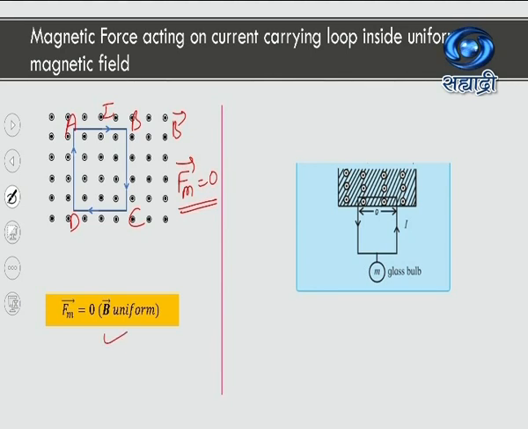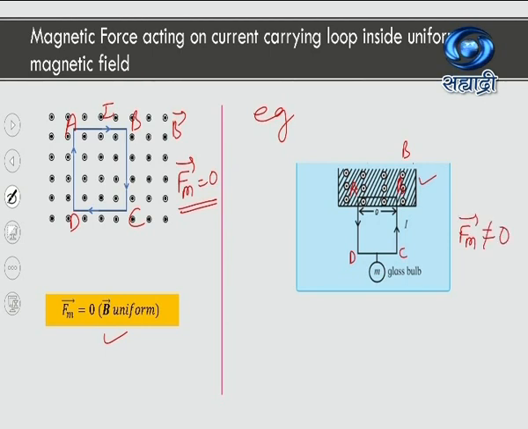Now, in this example, what you see is that there is a magnetic field. Can you see? This is a magnetic field which is directed outward. But the same loop that I have shown you there, A, B, C, D, A, in this case is not completely inside the magnetic field, but only some length of this loop is inside the magnetic field. The rest is outside the magnetic field. That means, will this loop have net magnetic force Fm equal to 0? No, this is not going to be equal to 0.